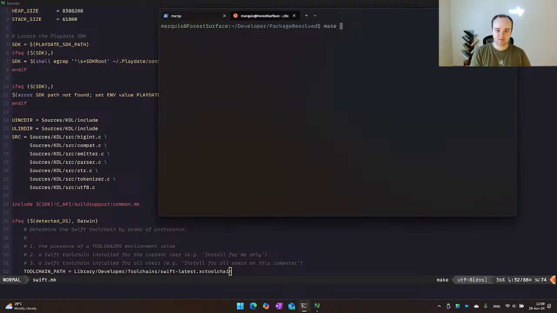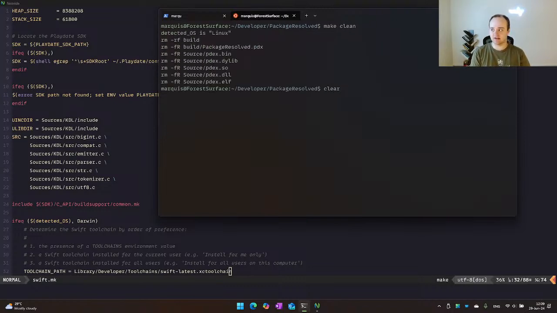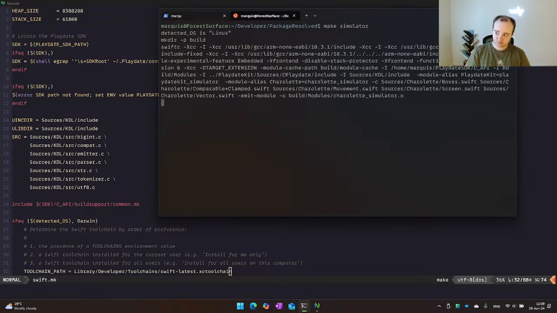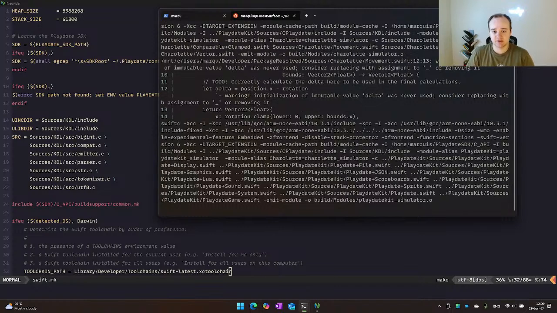So let's just see if I can remember. I think we just did make simulator. First let's do a clean, because when I imported this install, I forgot that it didn't carry over the changes that I thought it did. Because I had upgraded the storage on my Surface, and I had to reinstall Windows, and that was the whole thing. Make simulator. Just let it do its thing real quick.